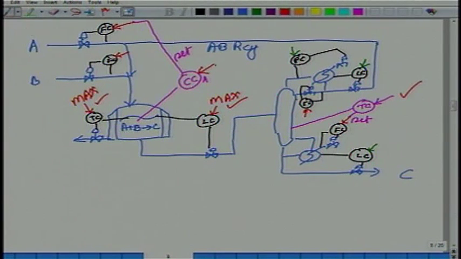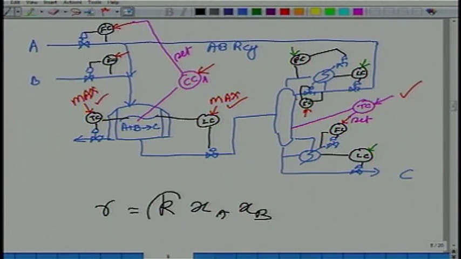So my question is, what should I choose it at? Should I run it at 10%? Should I run it at 90%? Should I run it at maybe 40%? The reaction is only A plus B goes to C, there is no side reaction. In some reactions the rate of reaction is higher if the ratio is different. Thinking is on the right lines. Let us say the rate of reaction is equal to k times xA xB. You know, it is an elementary reaction. Let us say this is the rate of reaction expression.